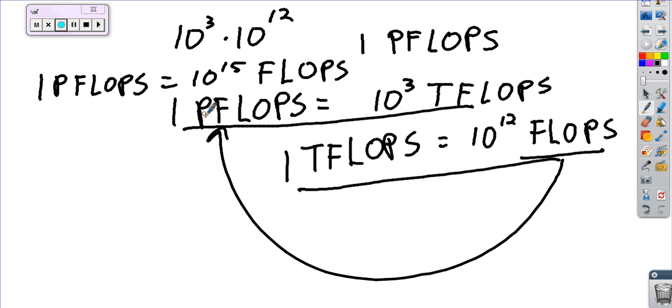Is it pronounced petaflops and teraflops? They're acronyms. But it's fun saying them. All right, so let me stop this, and now look at